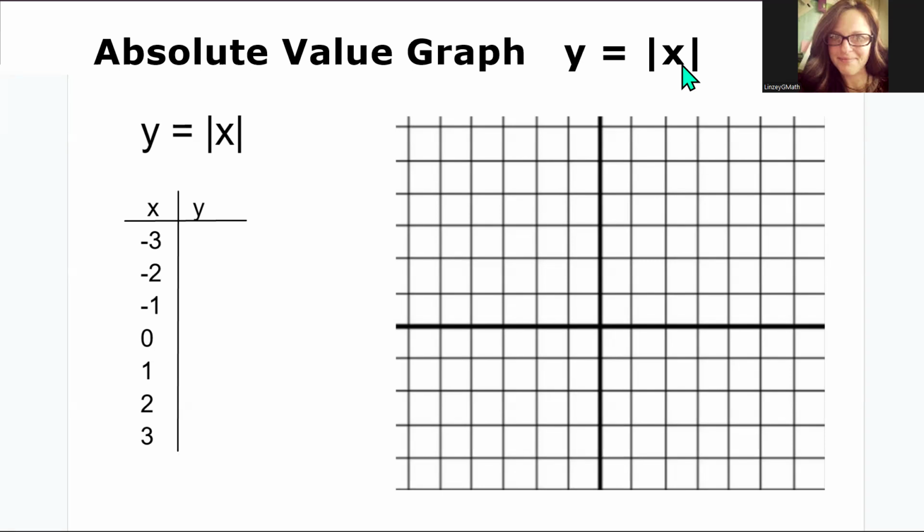Welcome to our session on absolute value graph. Y equals the absolute value of X. I'm going to graph using a table of values. I'm going to substitute